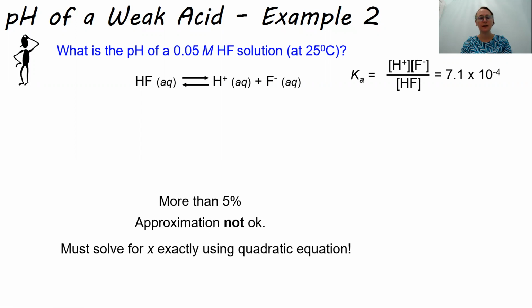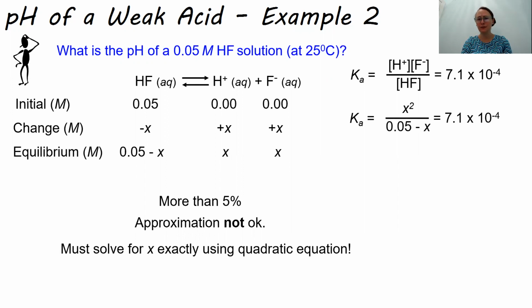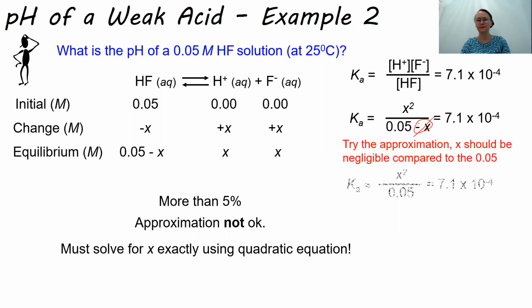All right, so I have my HF breaking into H plus and F minus. I write my Ka expression, and I've looked up my Ka value for HF, and I'm going to set up my ICE table. 0.05 for the initial, and then I have 0 and 0, so minus X, plus X, plus X, and I get my equilibrium expressions. Then I plug them into my constant expression, and I'm going to try the approximation by neglecting the subtracted X, and I get a simplified equation, and I'm going to multiply both sides by 0.05